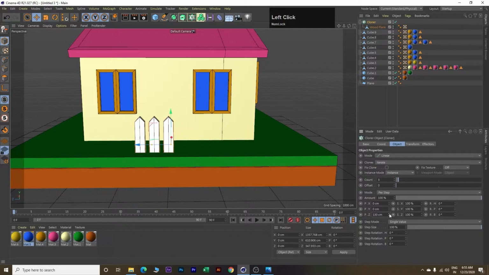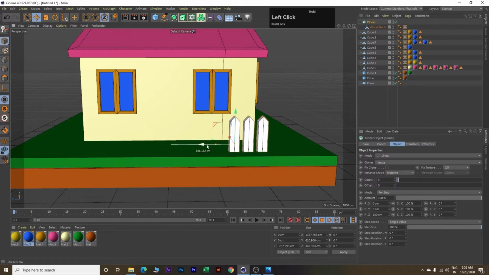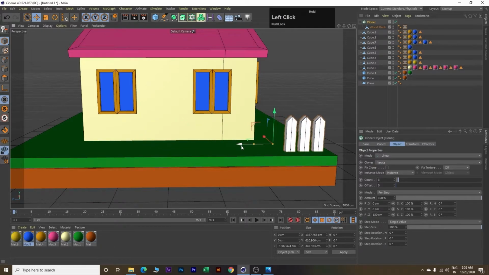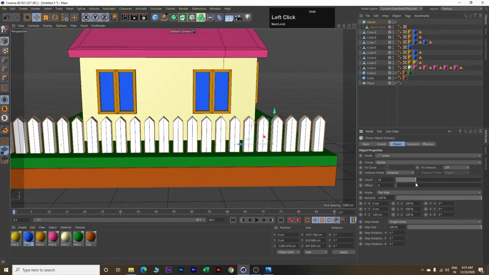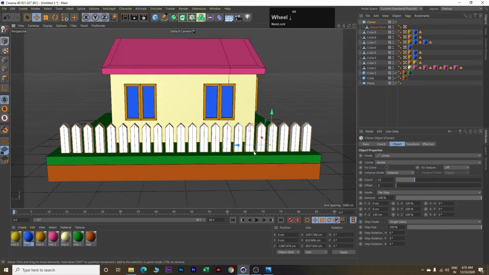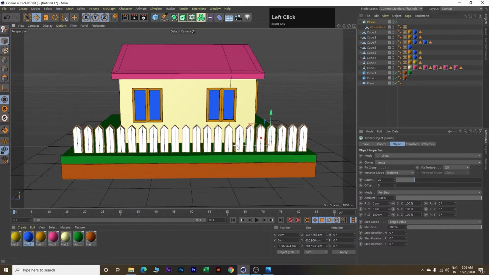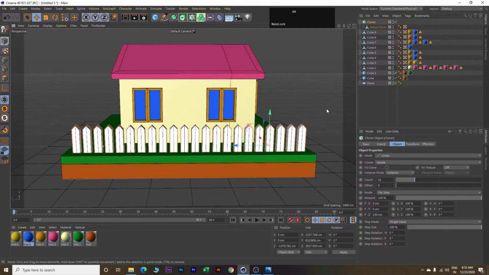Okay, this looks good. Next, move this plank towards the right here and then increase the count. Okay, so this looks good now. Move it a little leftward. Perfect.